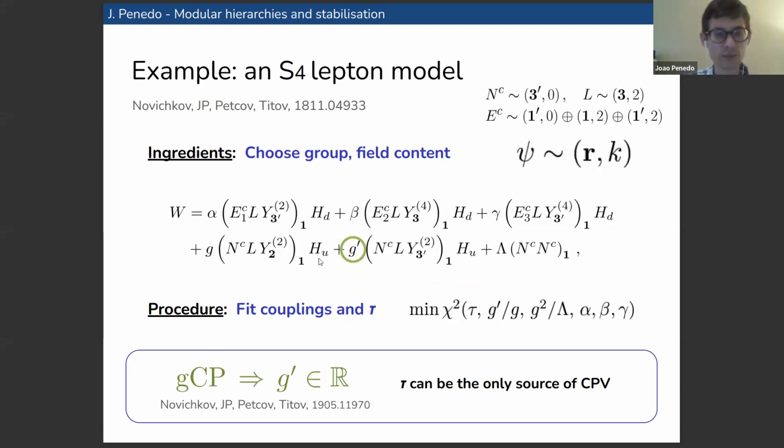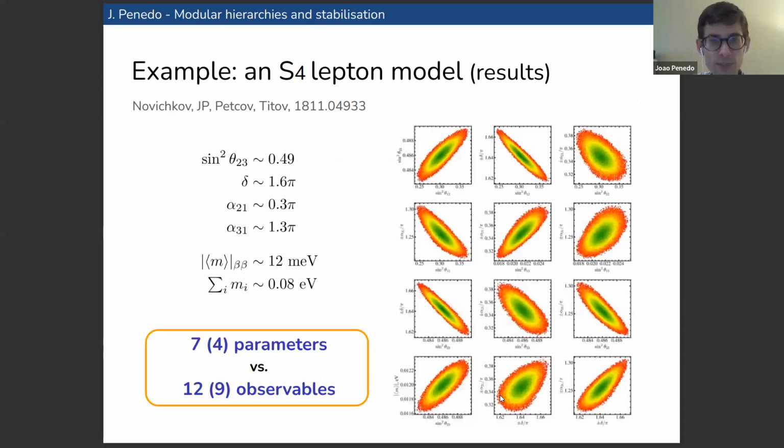This is another work we did also with Arseniy Titov. It's this 1905 paper down here, and we've shown that tau could be the only source of CP violation. So you can actually make all your parameters real and reduce one degree of freedom in your fit. And we found indeed that a fit of the lepton sector was possible with several predictions. So in this example, our prediction for the octant of θ23 is the lowest one. The sine square is 0.49. We found the prediction for delta and the Majorana phases, leading to a prediction for the neutrinoless double beta decay